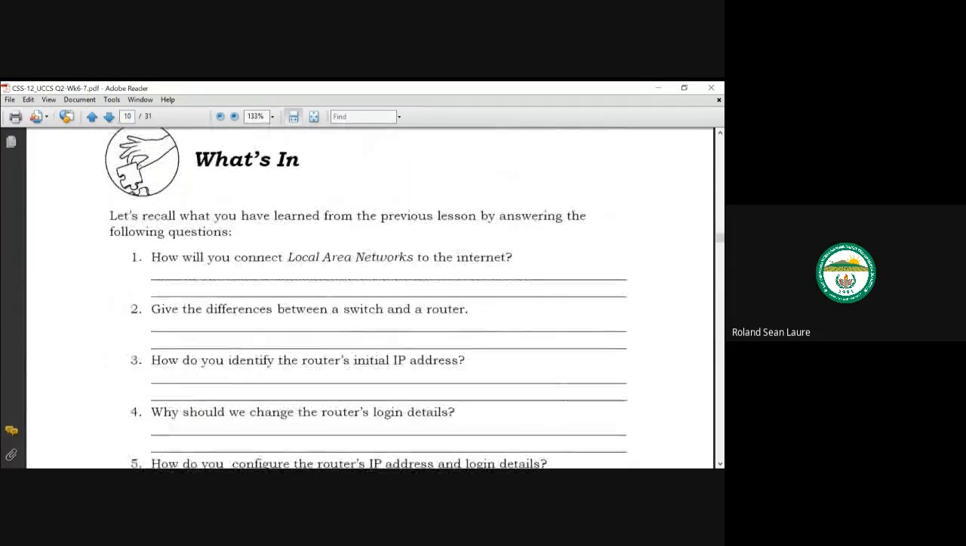So kani, no? How will you connect local area connection? Ito yung